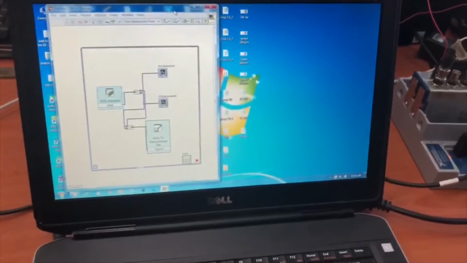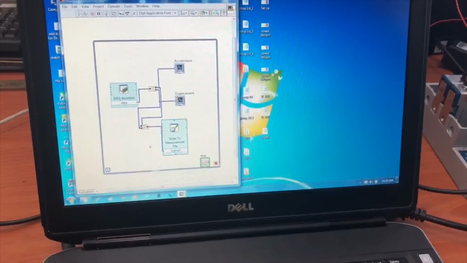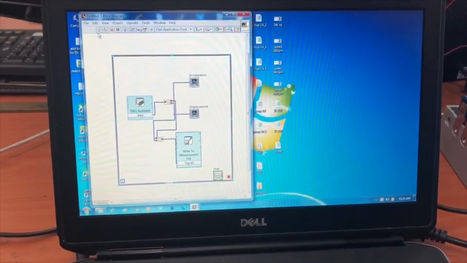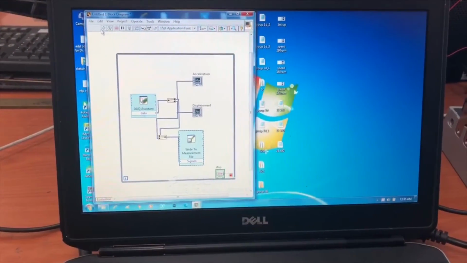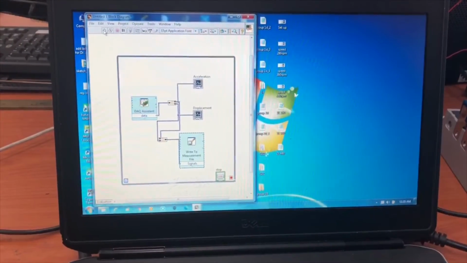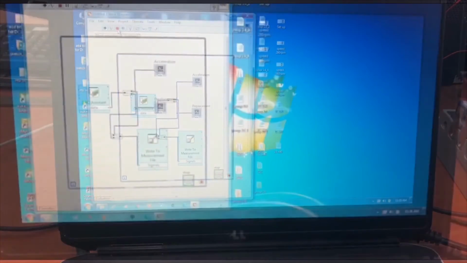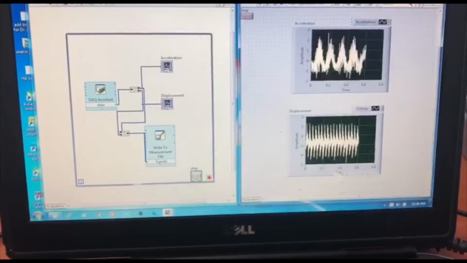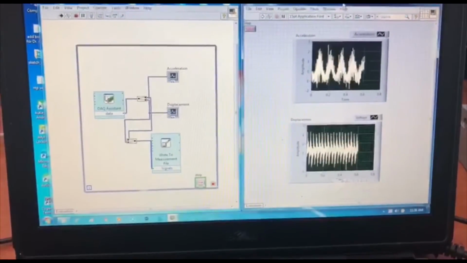Okay, then I will be explaining the LabVIEW. So we open the LabVIEW and we set the apparatus exactly like this. And then after we set up the LabVIEW, we will click on run to start the oscillating of the beam. We run this for exactly 3 seconds and then we stop. After we run for 3 seconds, we will get the result of the acceleration and displacement. Okay, then we will save the result.